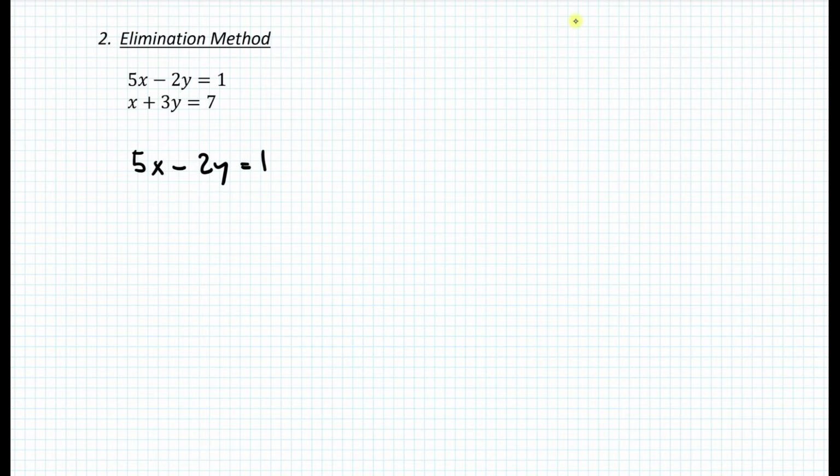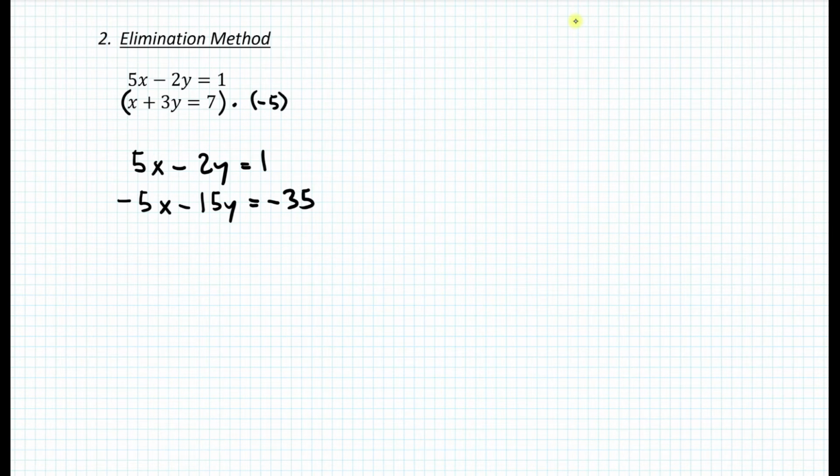So what we can do here is multiply the entire equation by -5. Notice that you can multiply any equation by any number other than 0, and the equation will always be true. So for example, if we multiply by -5, we have -5x minus 15y is equal to